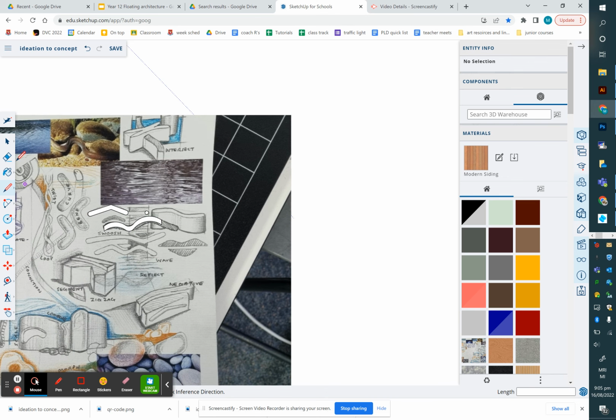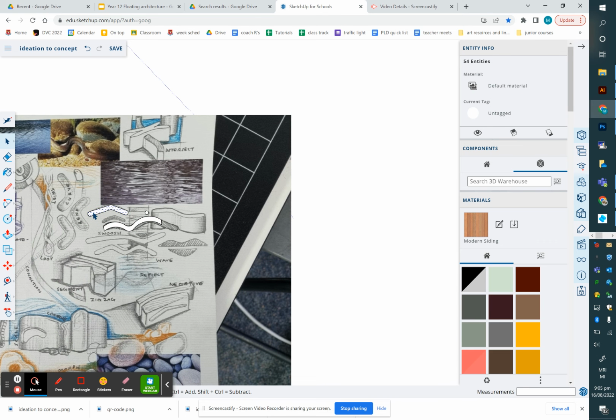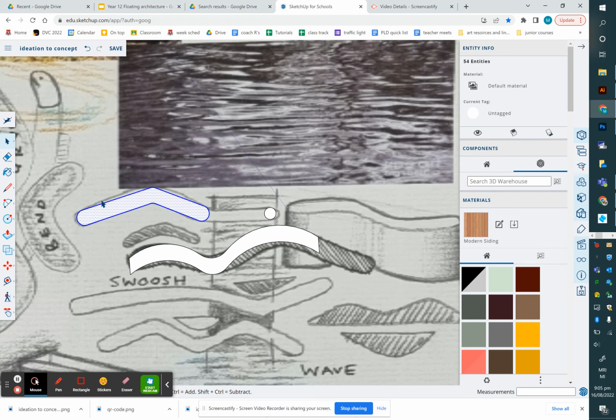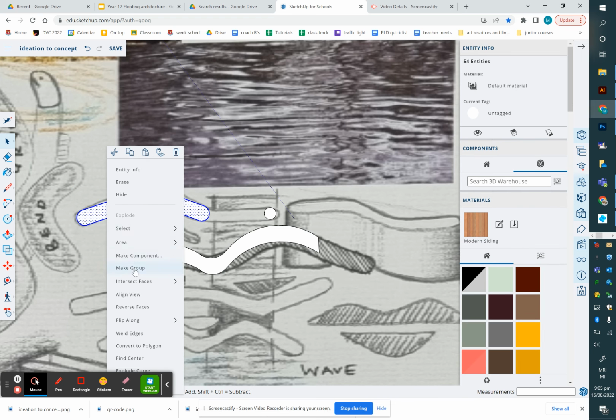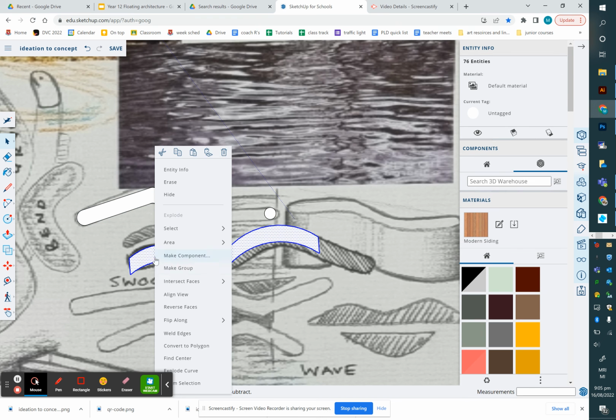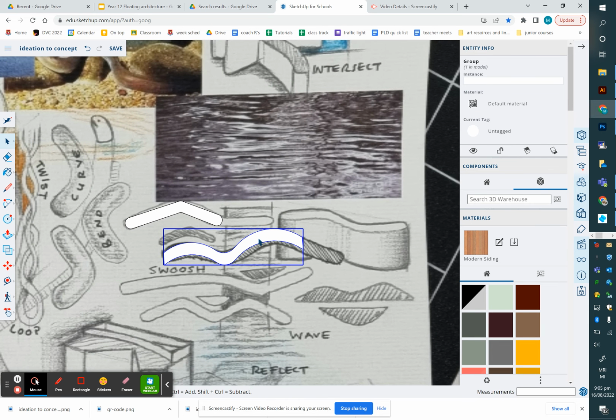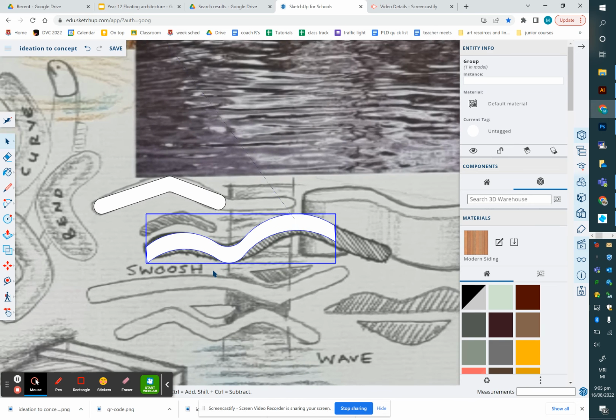I'm just playing around with them, and as I make these shapes, I'm triple clicking them, right clicking them. So triple click, right click, make it a group. Triple click, right click, make it a group. You can click and drag over these, but now I've got other things in the way. That doesn't always work when the page starts to get really busy. And the point of that is that once I've got a bunch of these different shapes, I can use my